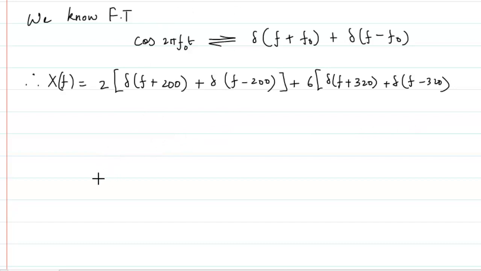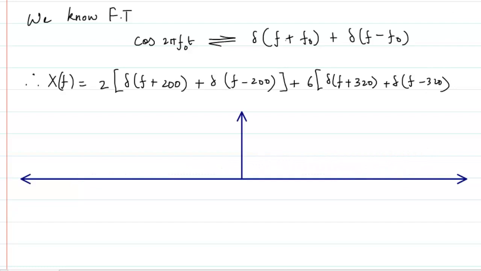Based on that, if I am again going to redraw the spectrum, so now the axis is going to be f. First I will draw for the first case, which is 200, minus 200. So for minus 200 I will draw it here. Let me draw it like this. Its height is only 2. Okay, and for plus 200 I will draw it here, which height is this.